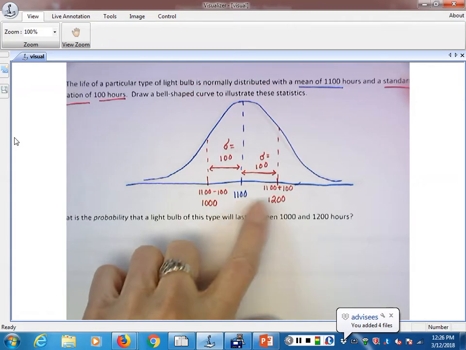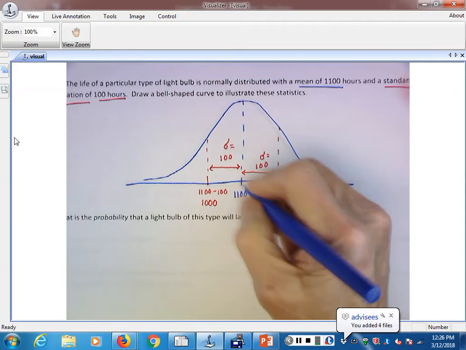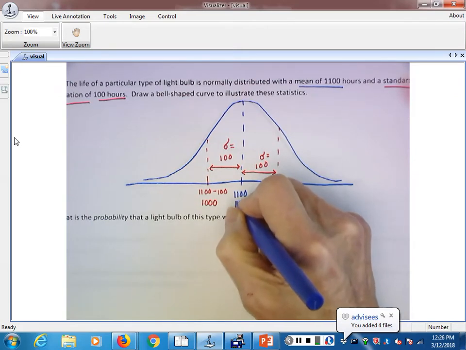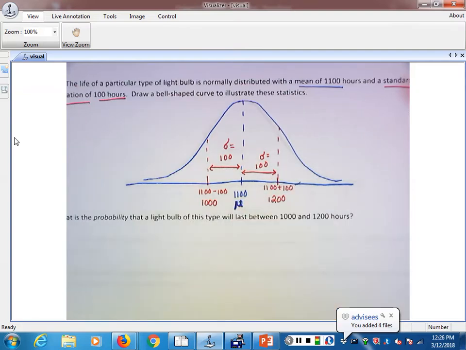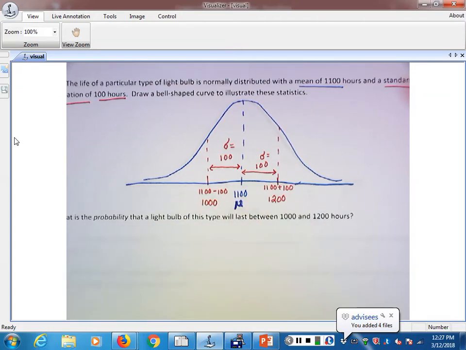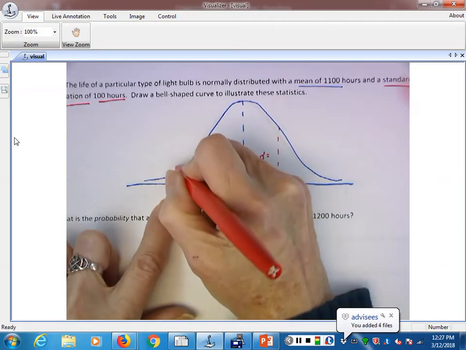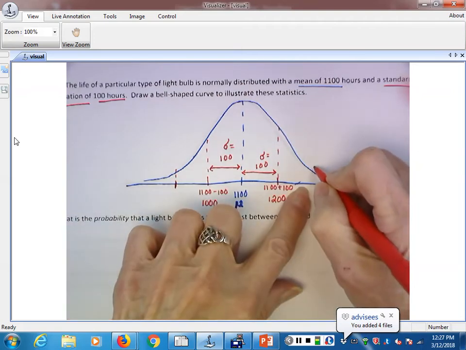So from the mean up 1 standard deviation would be 1,200 hours. That center value is mu, and then this is mu minus 1 standard deviation, and this is mu plus 1 standard deviation. Now if I go down 1 more standard deviation, go up one more standard deviation,